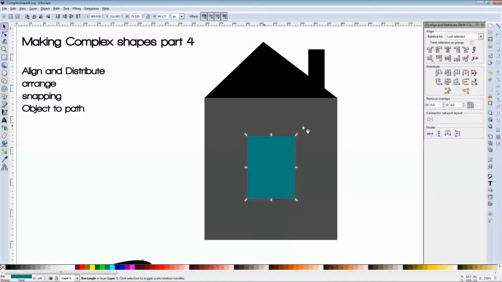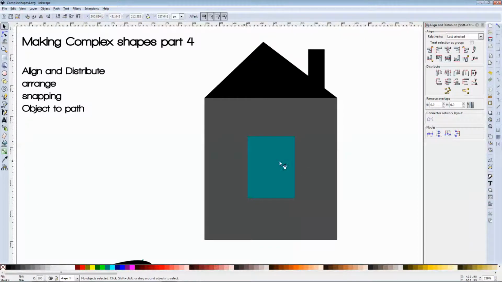Now, once you have this, you can basically give relationships between different objects. Let's say I have this object selected and I want to select this one in the back, I'll basically be arranging to the last selected object. I can arrange to the first selected, to the largest, to the smallest, to the page, to the drawing, to the selection. I can do all of that, but I'm going to keep it to the last selected. It's always good to develop an algorithm as far as when you are arranging things, where do you arrange them to? Because